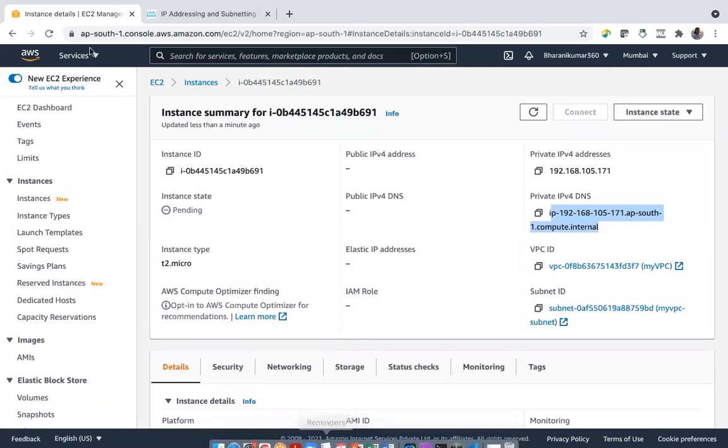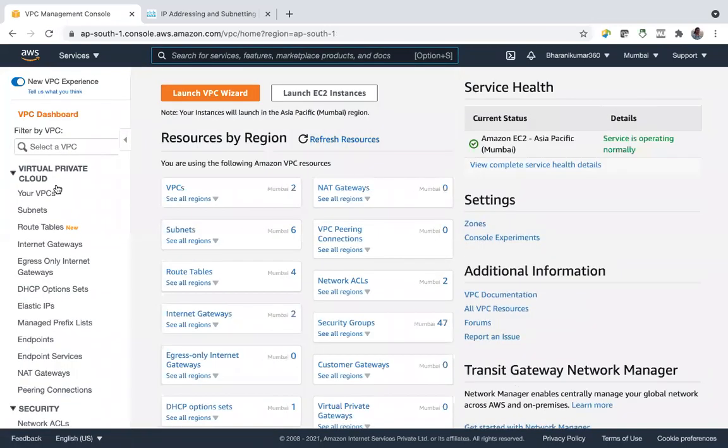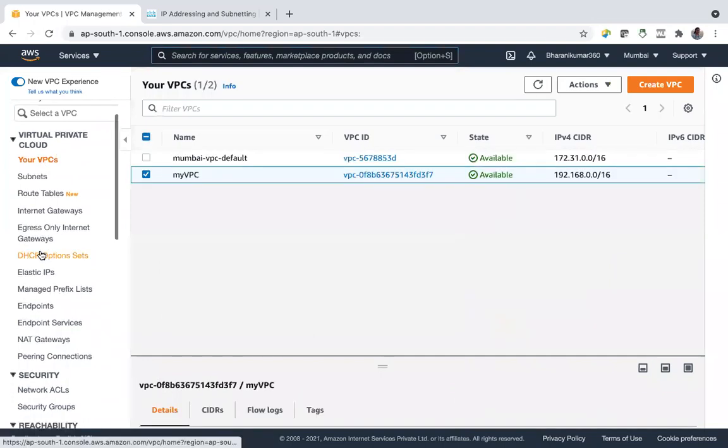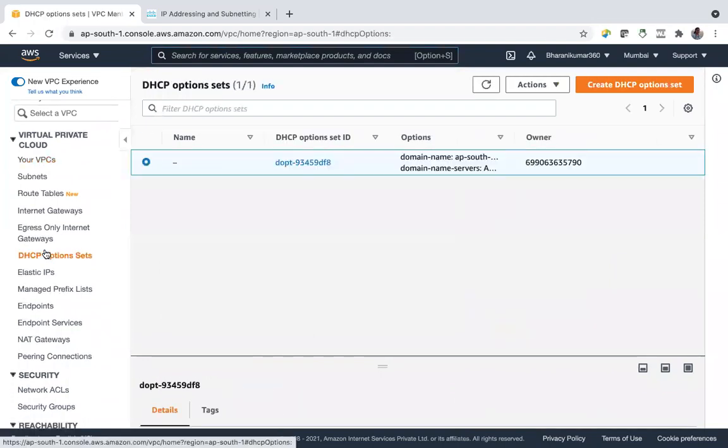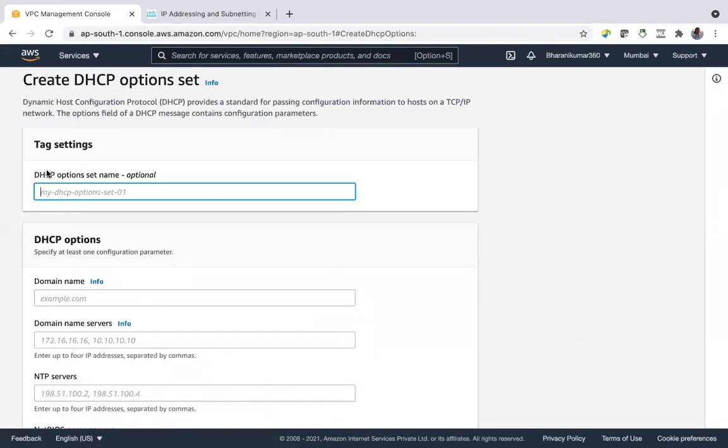Let us go there and check. We have DHCP option set here. Create DHCP option set. See, set name, give any name. This is my VPC DHCP. Let's call it my-VPC-DHCP.